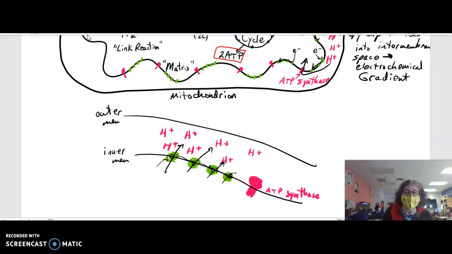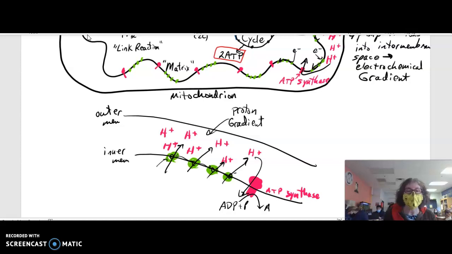So ultimately, it's the electron transport chain that created this gradient, a proton gradient. And I'm about to run out of time. Okay, in any case, every time this flows through here, ADP is phosphorylated into ATP. And that's